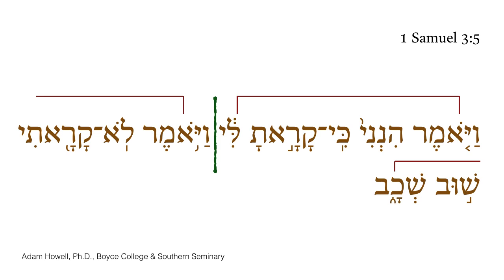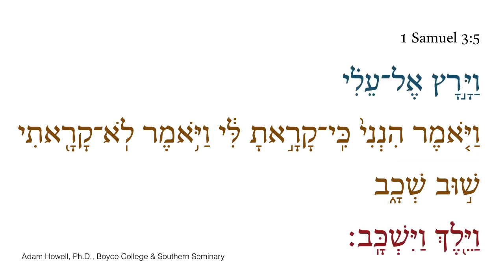When we add the narrative sections back in, I think we get then the whole picture of 1 Samuel 3:5 together. And then he ran to Eli, and he said, here I am. We pick up the ground clause, for you called me. And he, again Eli, said, I did not call, return, lie down. And then next we now pick up after the athnok, the narrative again. And so he, Samuel, went and he laid down.